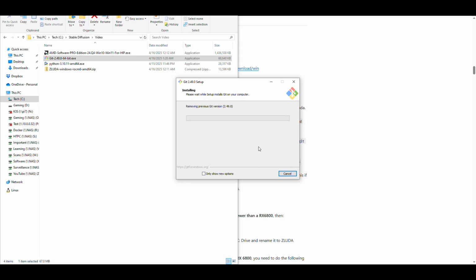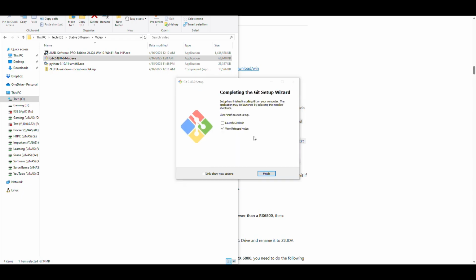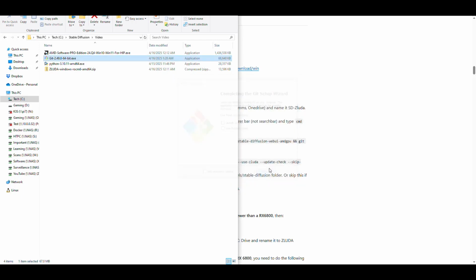And once that is done, then you should be able to clone repositories using Git in your Windows machine. And it's almost done, and that's great. So we're done here. Then the other thing that we need to install is Python